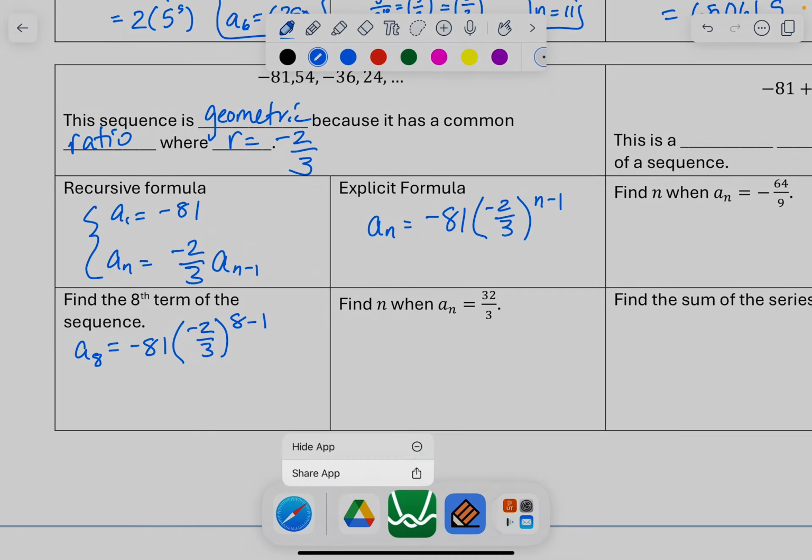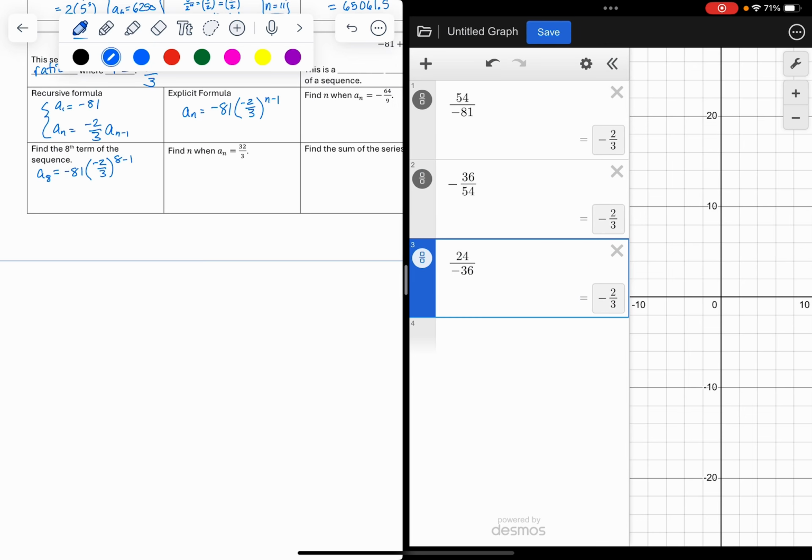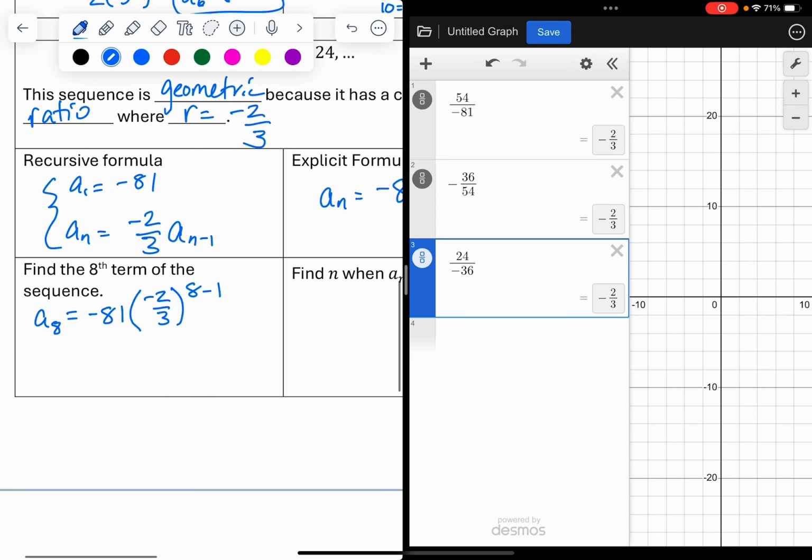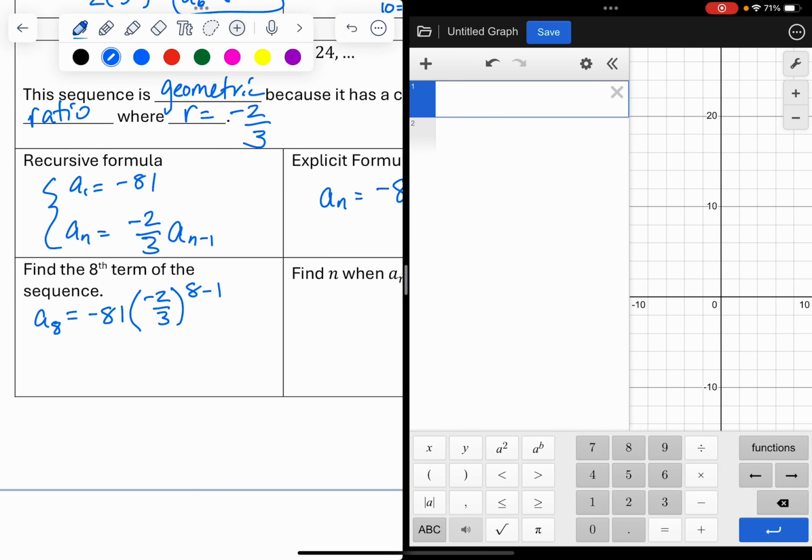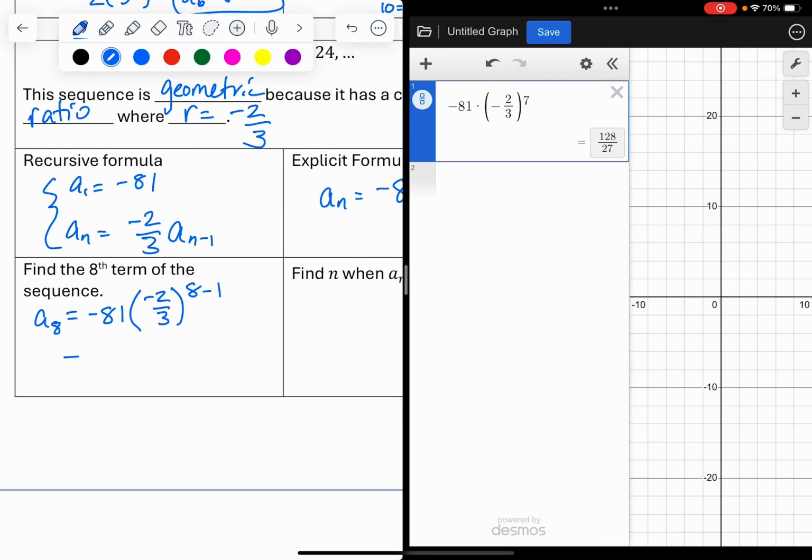Where is Desmos? Here we go. Okay. Sometimes it's helpful to make this a fraction. 81 times, what did we say here? Parentheses. Got to have your parentheses, especially when it's negative. Then come out and do those parentheses. Raise that to 8 minus 1, which is 7. Will it give me the fraction? It does give me the fraction, and the fraction's a little bit easier to work with. And it's positive because we ended up with a negative times a negative ultimately. And so the value of the eighth term is 128 over 27, which is approximately equal to